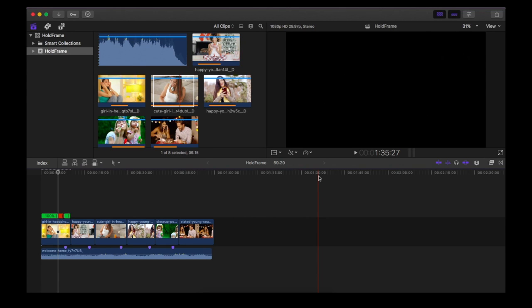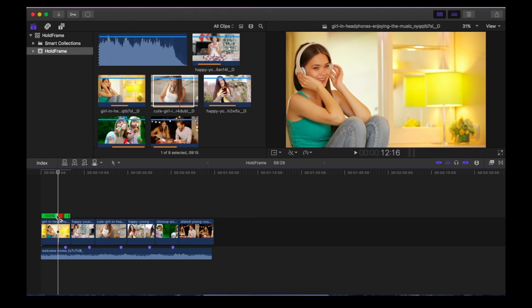Since hold frame has been applied, the video alignment with the marker has been gone. Let's align the video clip to the marker. Drag the vertical bar, which is at the end of the green bar, to the left. The bar changes its color to purple, which means the clip is being played faster than the normal clip.